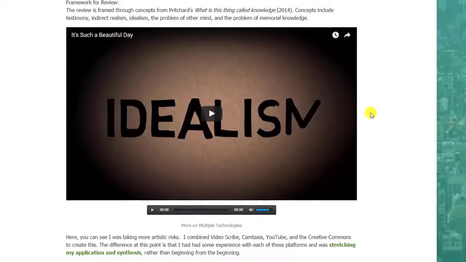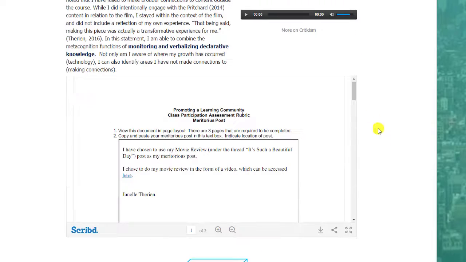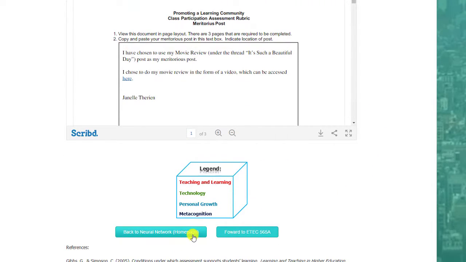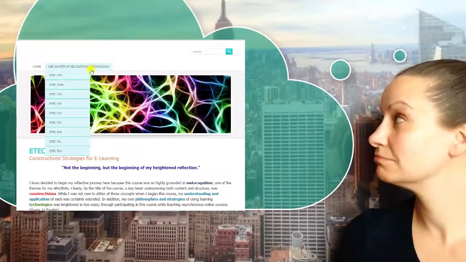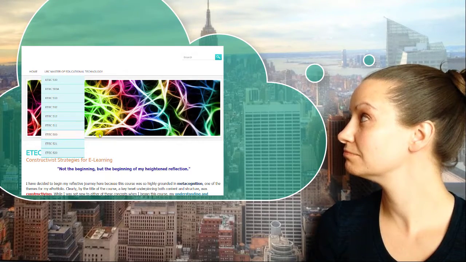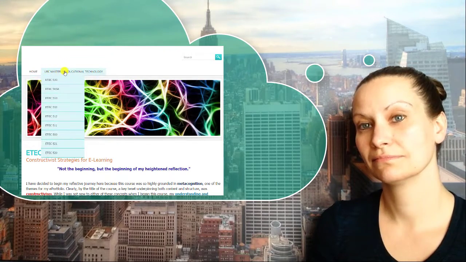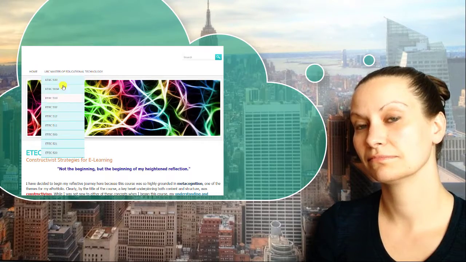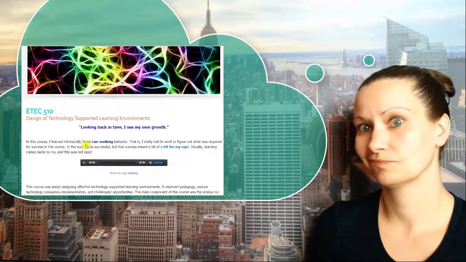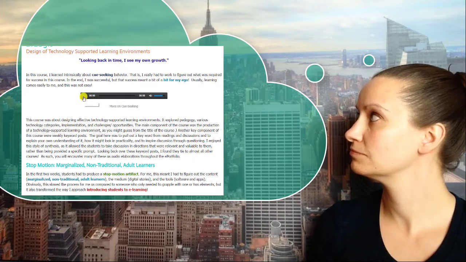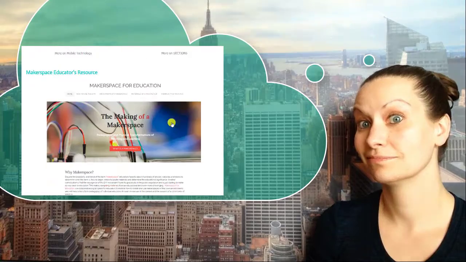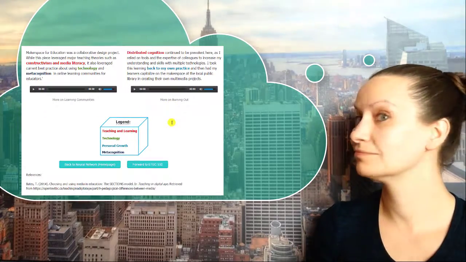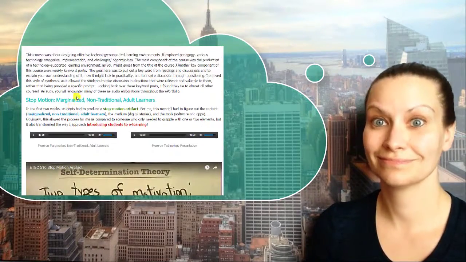I can also explore the artifacts here. From here, I can either go back to the expanding neural network to explore that way, or I can go forward to the next page, or I can use the drop-down menu and select a course to go to. There is a lot hidden away and waiting to be explored in this e-portfolio. For example, not every course that has a media literacy theme has an explanation of media literacy. Again, this is to avoid redundancy. The more you explore the e-portfolio, the more your neural network and your understanding of my learning journey will expand. So go, look around, and spend some time in my brain.